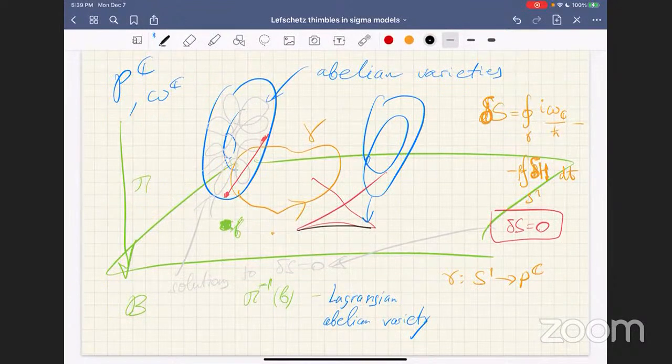And now in terms of this structure, I have a base B, which let me say is just C to the R, where R is the real dimension of P, my original phase space. And now it turns out that the a priori infinite dimensional problem of classifying the Lefschetz thimbles for this class of quantum mechanical systems actually reduces to a finite dimensional problem of finding a critical point of some analytic function,